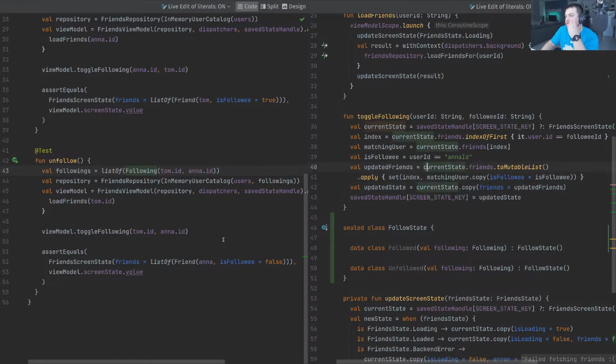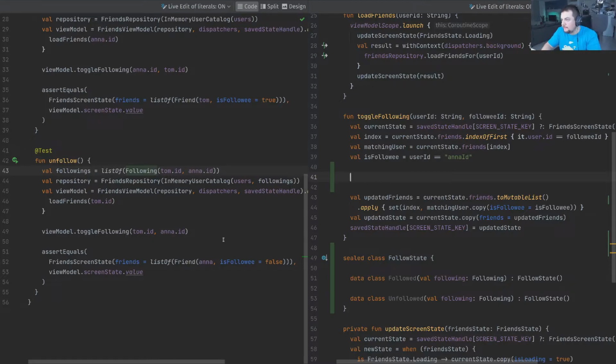Now, how do I leverage this follow state? So how do I replace this line here with this follow state? So I can say followee equals, I want to introduce something like, how I will introduce new thing, then replace the old thing, and then remove the old thing. So something like